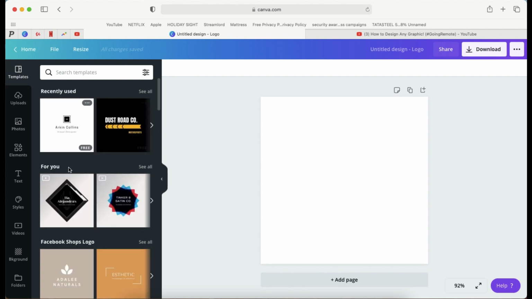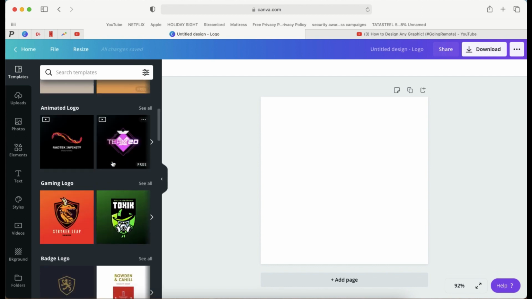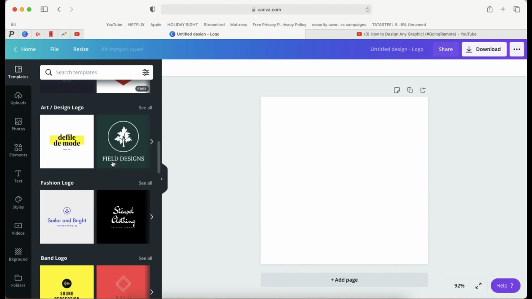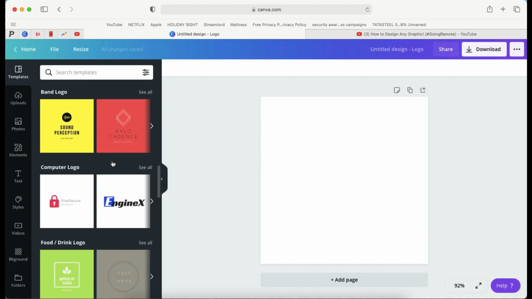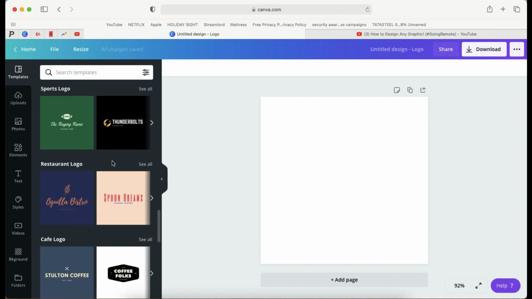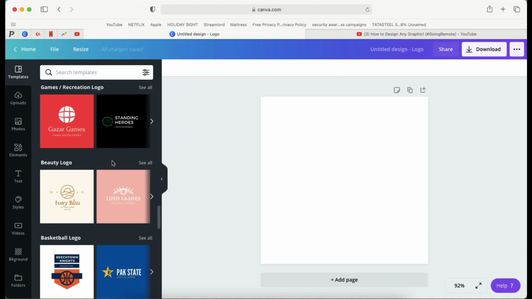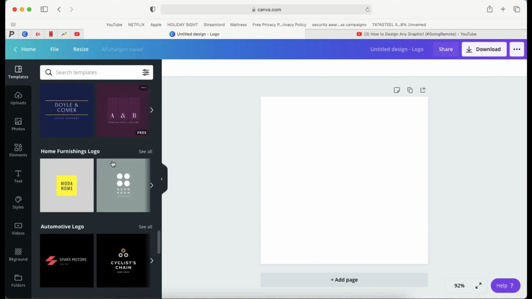We go to the main screen, and now they are showing us many templates: gaming badge, art design, fashion logo, band logo, computer, education, and there are many again, but we will choose right away. We want to make this short and simple and easy.